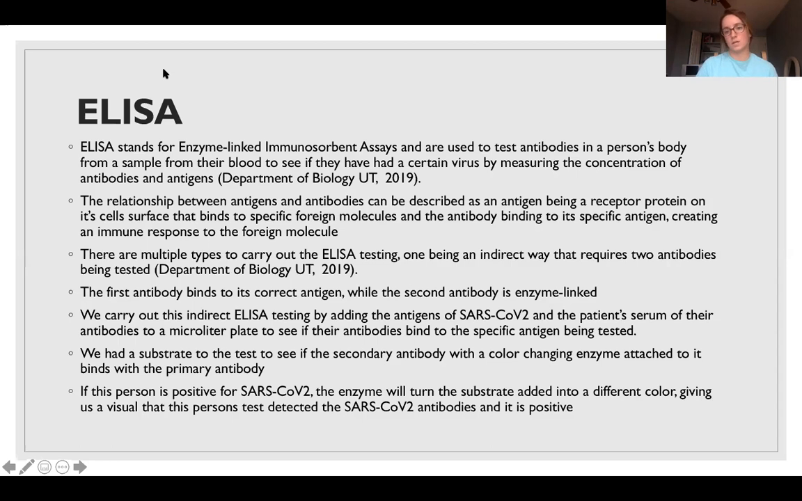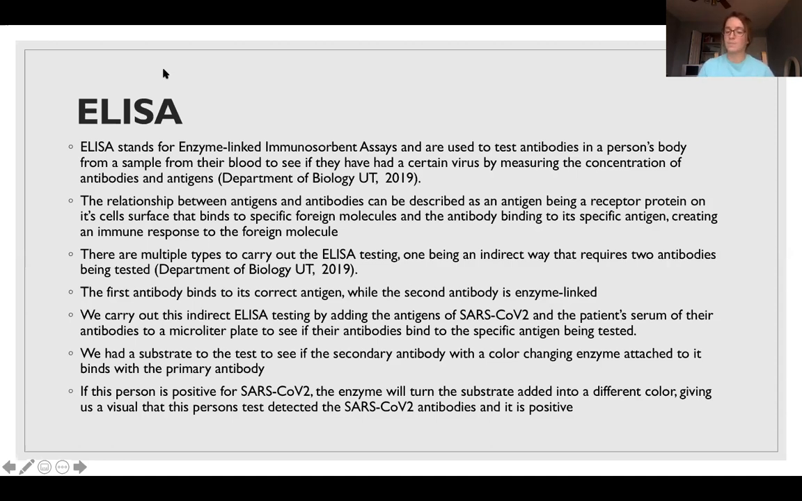And what a patient's serum is, it's from their blood, but it's kind of like a toned down version to get out our red blood cells, anything like that, just to focus mostly on their antibodies. And we want to see if their antibodies from their serum are binding to the specific antigen that's already on the plate. So after they bind, or if they do bind, we add the second antibody, which has an